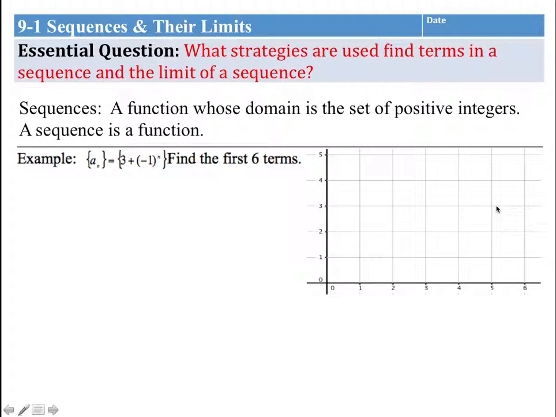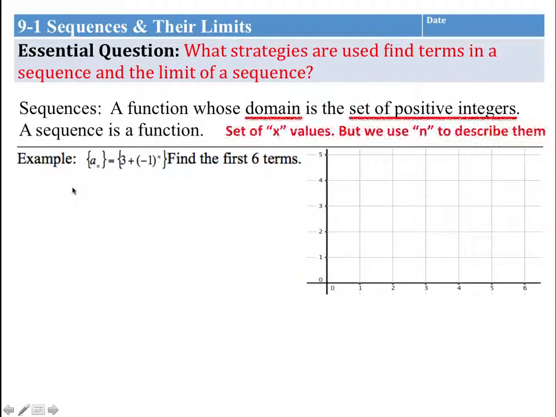So this section is section 9.1, sequences and their limits. You did a little bit with sequences, probably in pre-calc or maybe in algebra 2. So the essential question for this section is what strategies are used to find terms in a sequence and the limit of a sequence. So if we look at the definition of a sequence here, a sequence is basically a